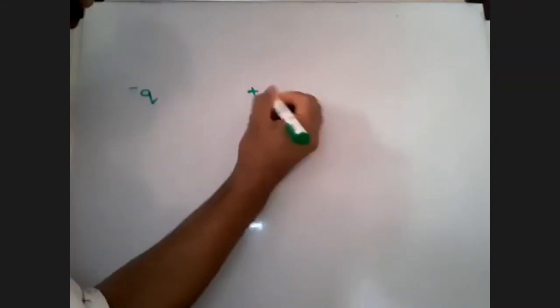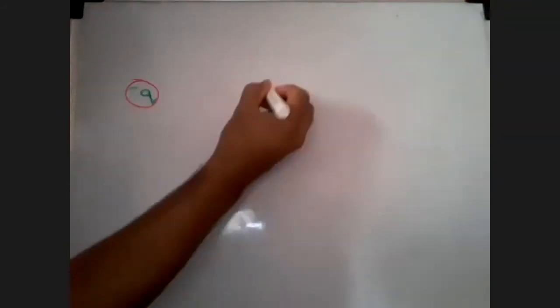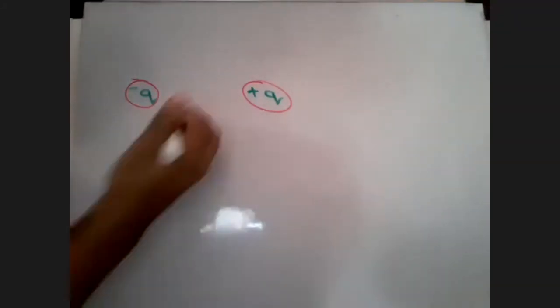Suppose there is a minus q over here, and a plus q over here. This is a dipole. Everyone, tell me what is the direction of the dipole? Negative to positive. Please never make the mistake of using positive to negative. That's a mistake. It's always negative to positive. Now, what was the distance between these? We took 2 times a, 2a.